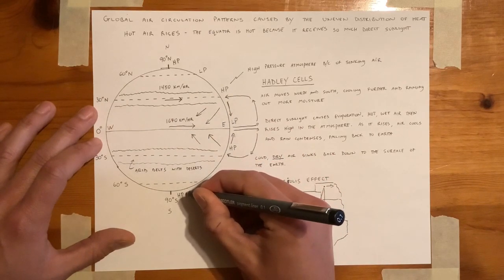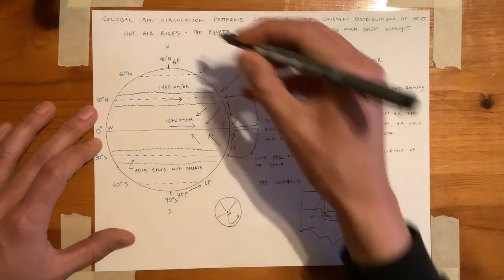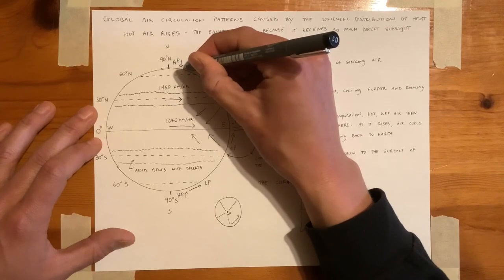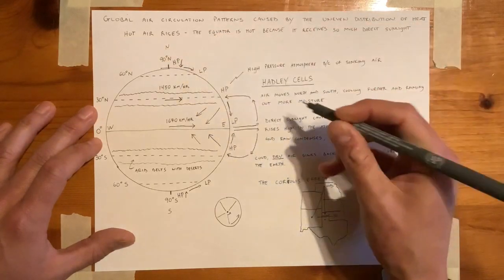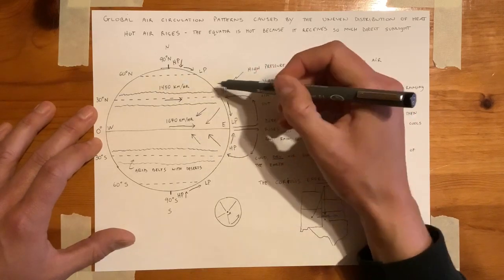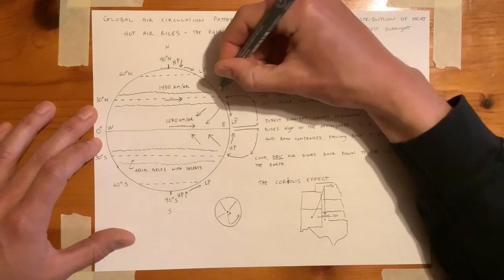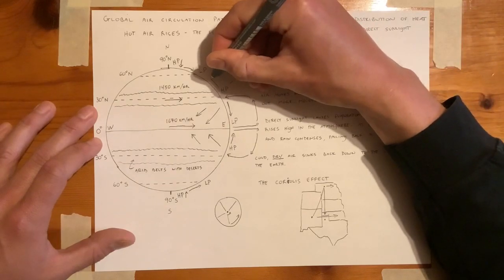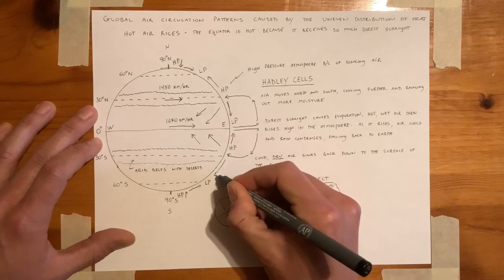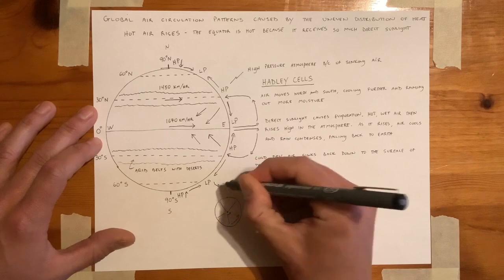Okay, so we've got sinking air, moves towards low pressure, sinking air, towards low pressure. And then same thing between 30 and 60 degrees north and south. We've got an area of high pressure, so the air at the surface tends to move towards those low pressure areas, right? Setting up another circulation cell